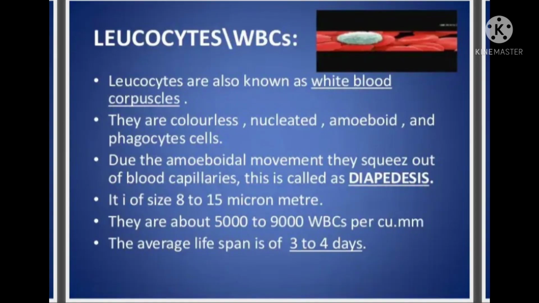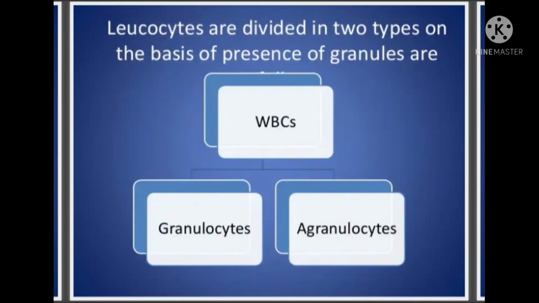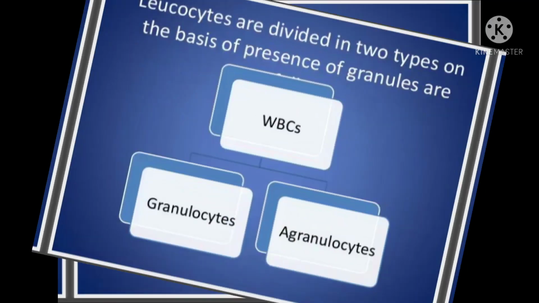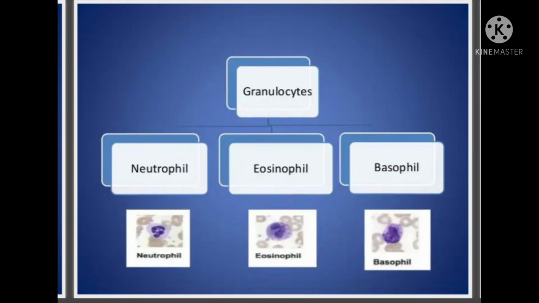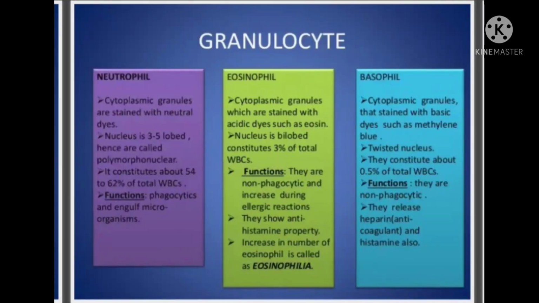The second type of cells present in blood are white blood cells. These cells do not have hemoglobin, hence they are colorless and called leukocytes. These cells are less in number when compared to the RBCs. They are of 2 types, granulocytes and agranulocytes. There are 3 types of cells in the granulocytes: neutrophils, basophils and eosinophils. These cells attack and destroy the microorganisms that enter the blood.